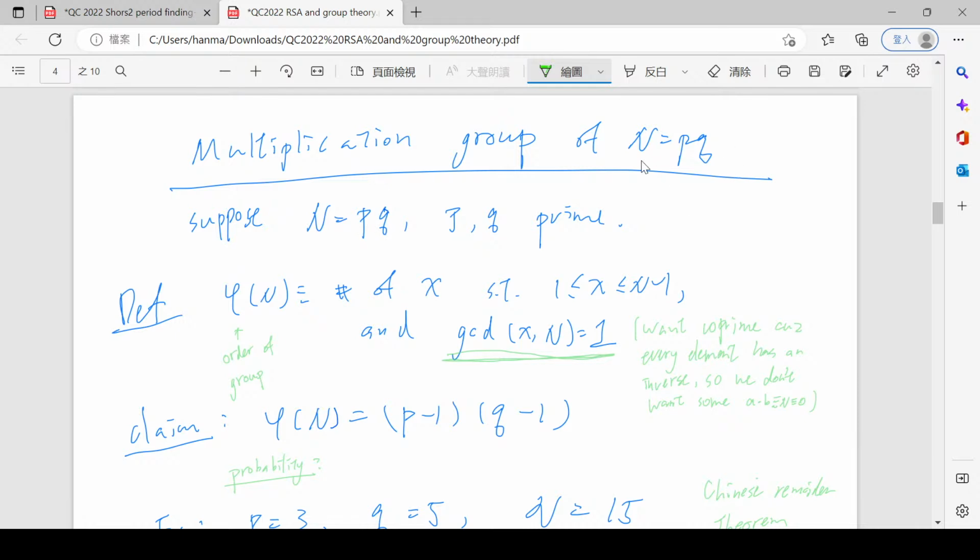And now we want to think about the multiplication of elements A and B mod n. So if your multiplication operation is like this,